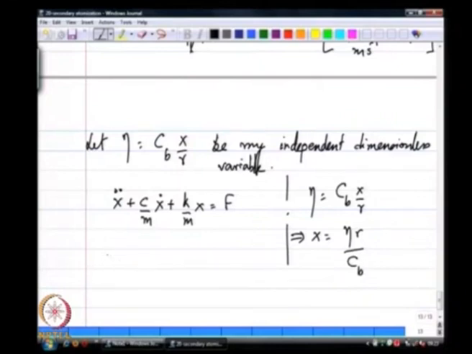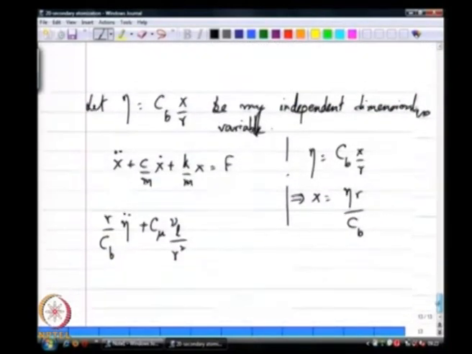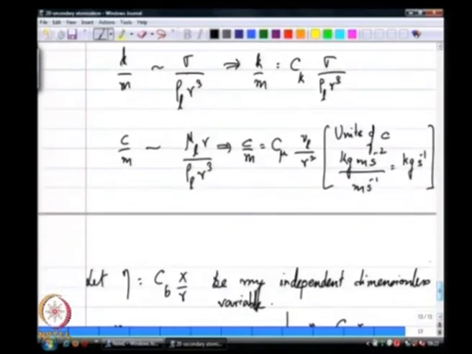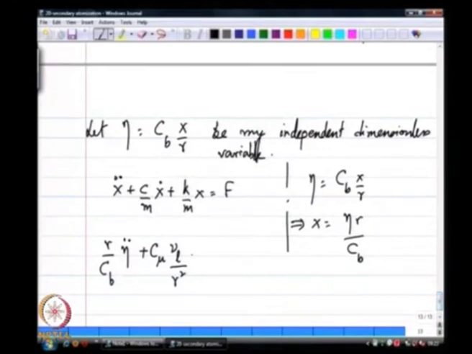So, x double dot is r over CB times eta double dot plus C mu nu L over r squared. nu L is of course our kinematic viscosity, which is mu L over rho L. I am just using our standard nomenclature we followed all along,